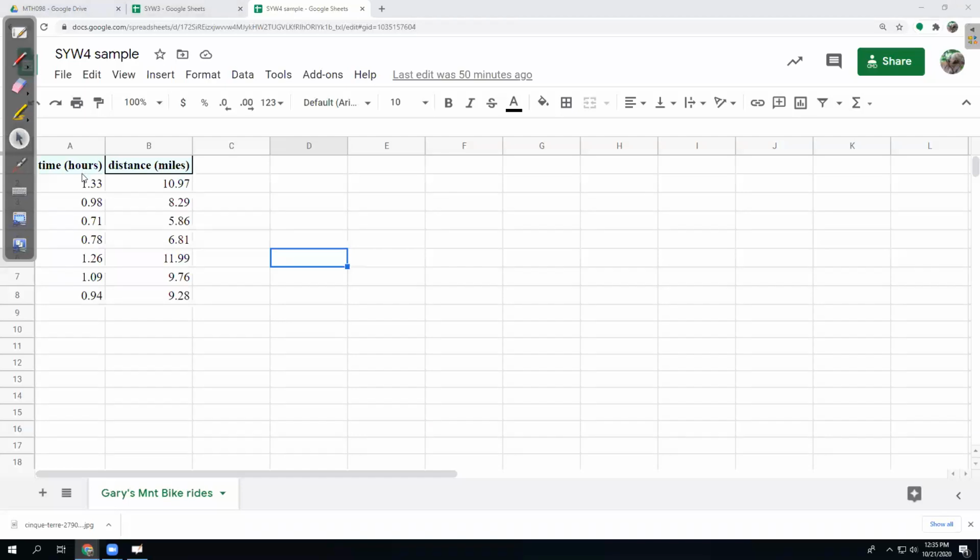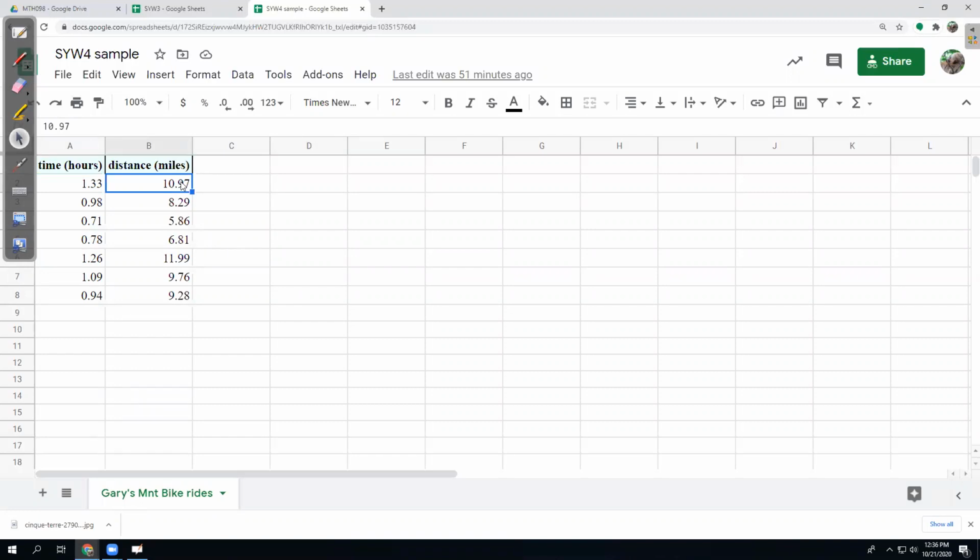So what I'm going to try and do is graph these by hand and decide which 2 points I'm going to use to make this happen. Now these distances and times here are in the order that I did the ride. So maybe this one over here is back from August and this one is beginning of September, mid-September, later September, and these are like beginning of October rides, right? They're not in any particular order that's meaningful for us, but that doesn't matter. The bottom line is it took me an hour and a third to bike almost 11 miles.